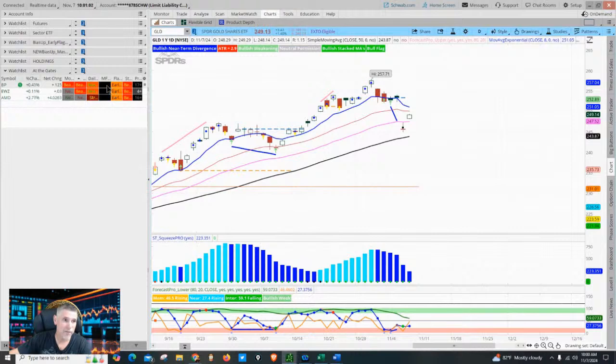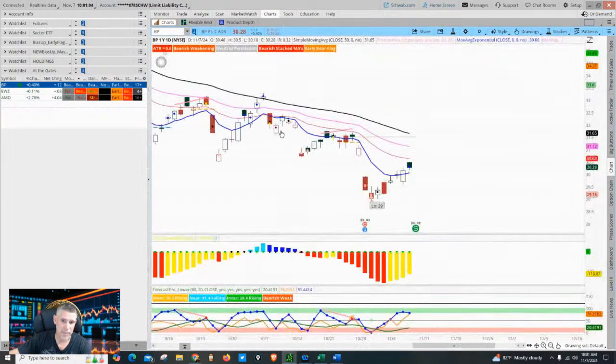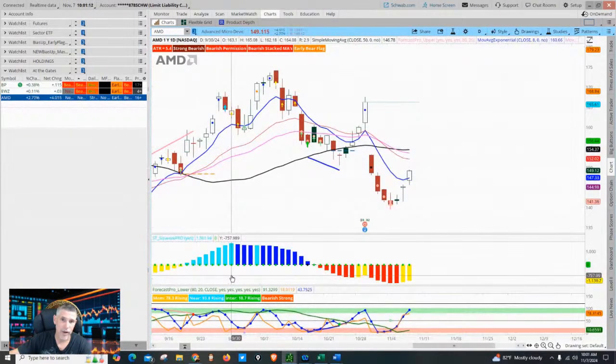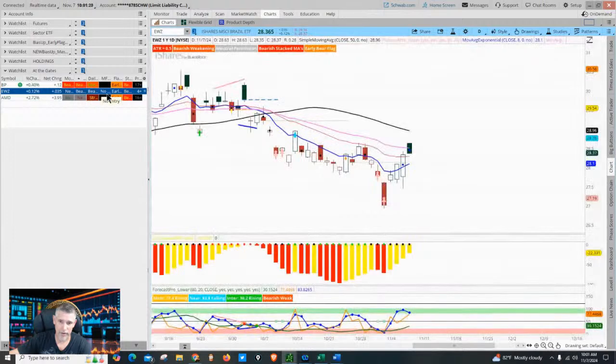So of this group, for example, BP, this is a bear flag. I'm not going to trade a bear flag on a correlated stock. AMD, bear flag. Not going to trade a bear flag. EWZ is non-correlated, so I will trade a bear flag. But,